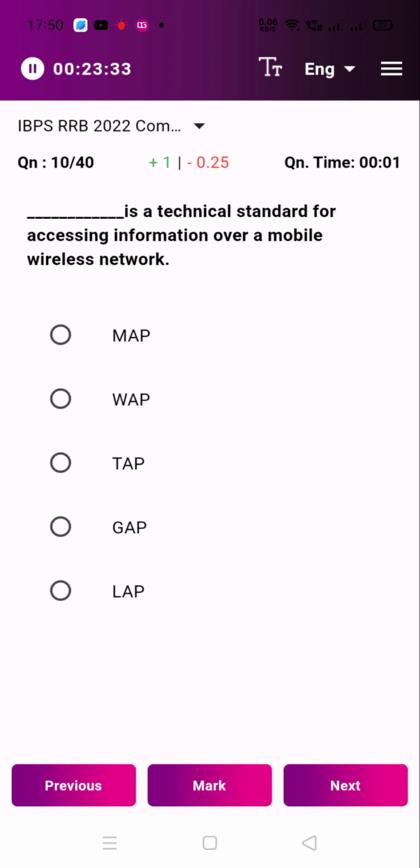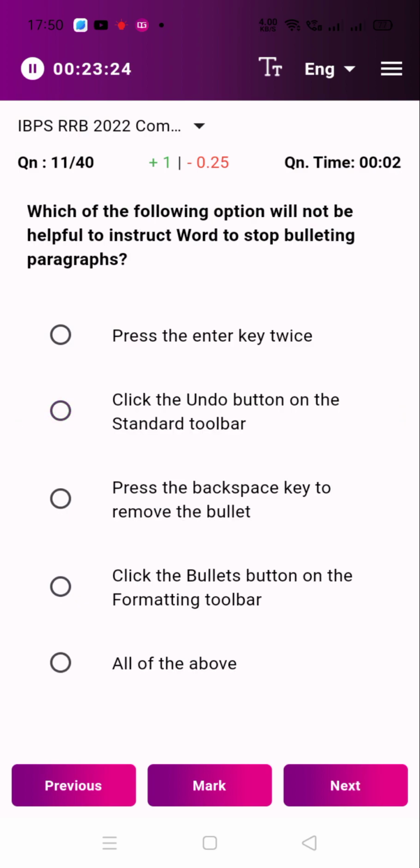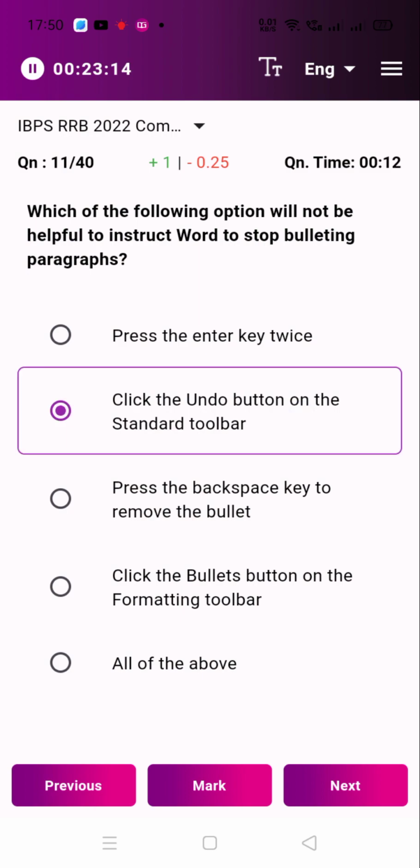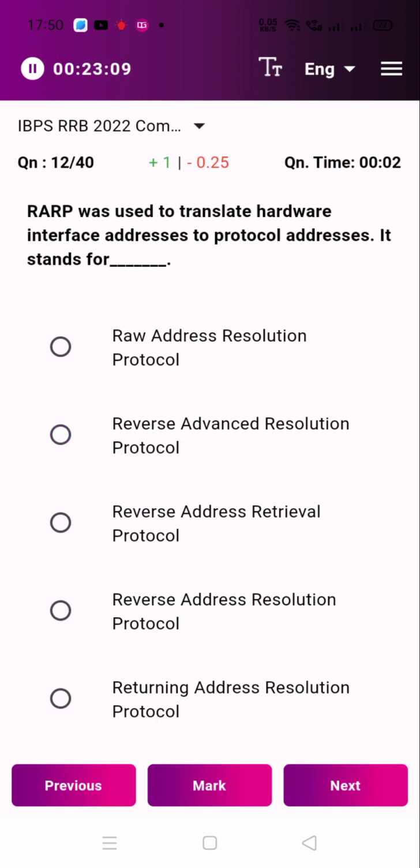Dash is a technical standard for accessing information over a mobile wireless network. Web. Which of the following option will not be helpful to instruct Word to stop bulleting paragraphs? Click the undo button on the standard toolbar. RARP was used to translate hardware interface address to protocol address. It stands for